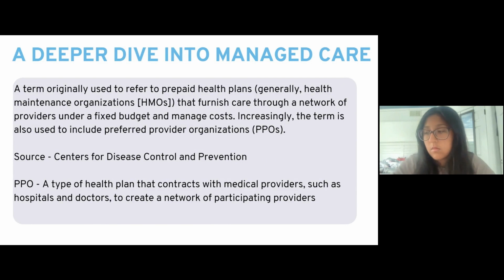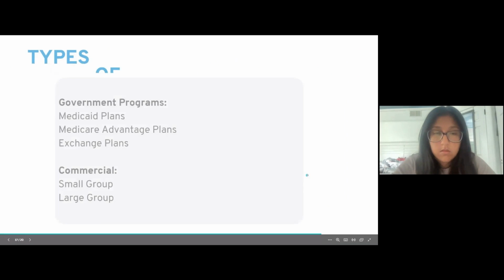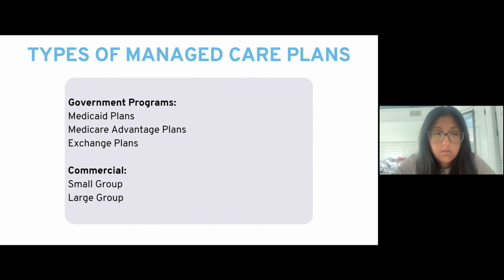So if you think of health insurance, especially in the US, you have a few categories, right? So just to give you a little bit of a background, not many people understand how health insurance works, but we all use it in some way or the other. It's just sort of seamless in our day-to-day life. But if you look at how managed care plans are structured in the United States, you have what's called the government programs, where you have Medicaid plans, Medicare Advantage plans, and you have exchange plans. And then you have what's called the commercial line of business, where you have small group plans and some large